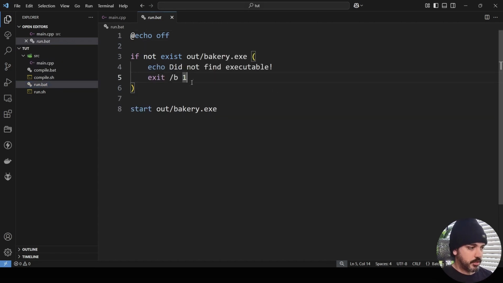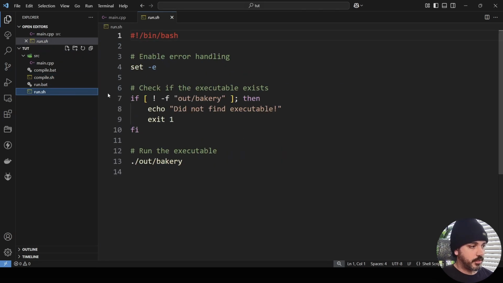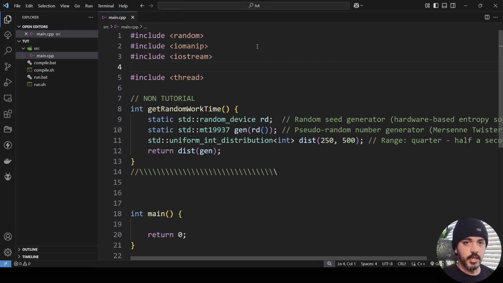And if it doesn't, it exits early. And if it does, it just starts it. Now I do have these in shell scripts, as you can see here and here, just in case you're on Linux or Mac. Anyways, back in our main.cpp file, I have these libraries up here,